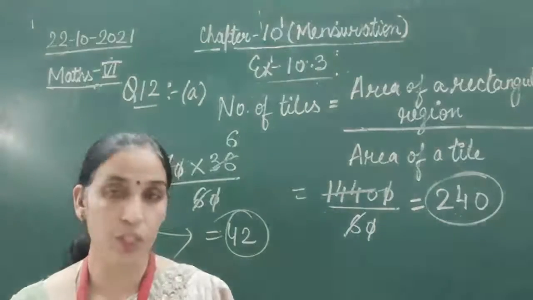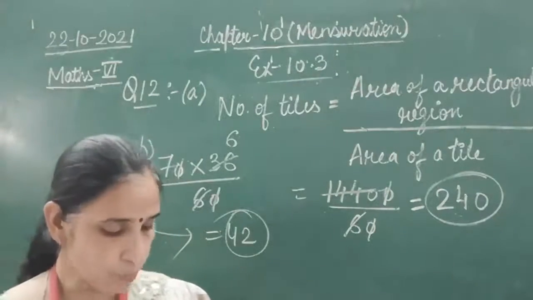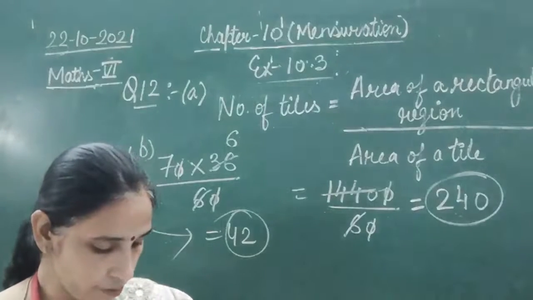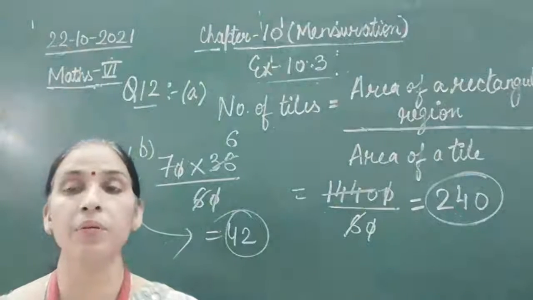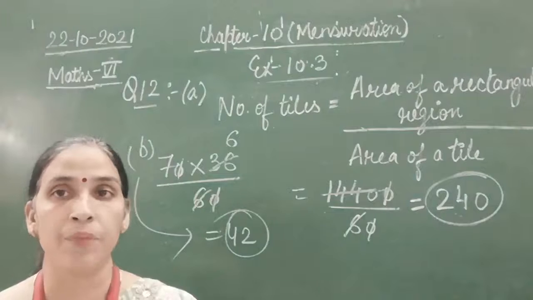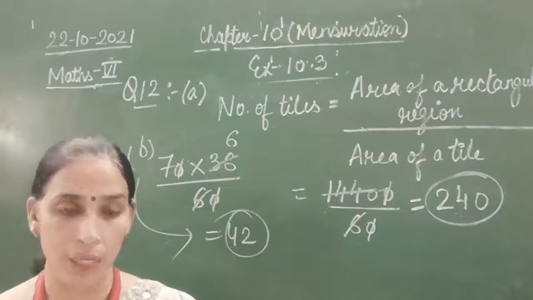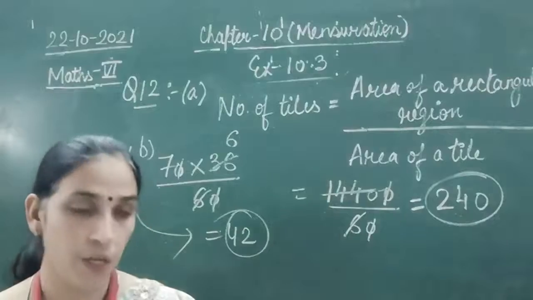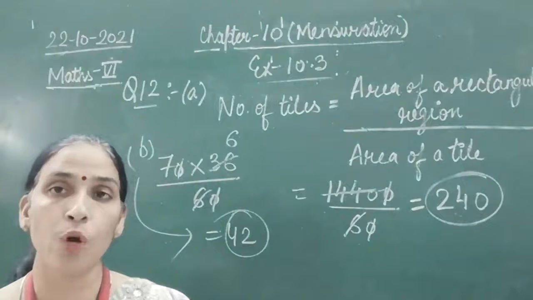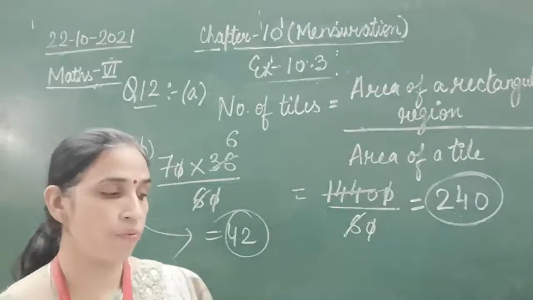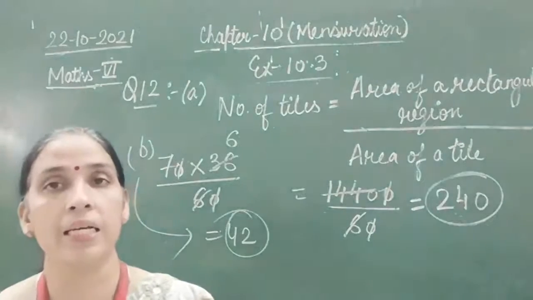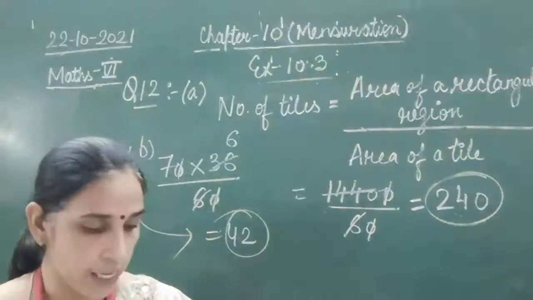The amount of surface enclosed by a closed figure is called its area. To calculate the area, when we were using that square paper or square sheet, a complete square counts as 1, more than half counts as 1, and 2 halves are combined to form a whole. So 2 more formulas which we have done: area of a rectangle is length into breadth, and area of a square is side into side.